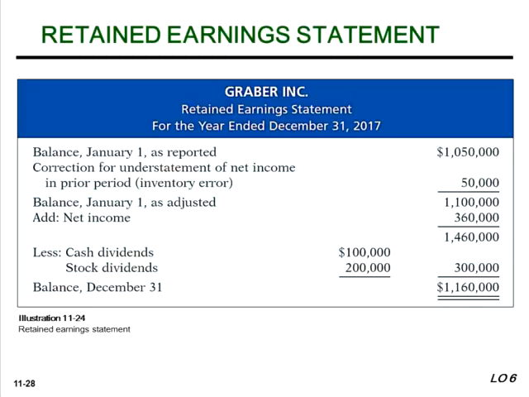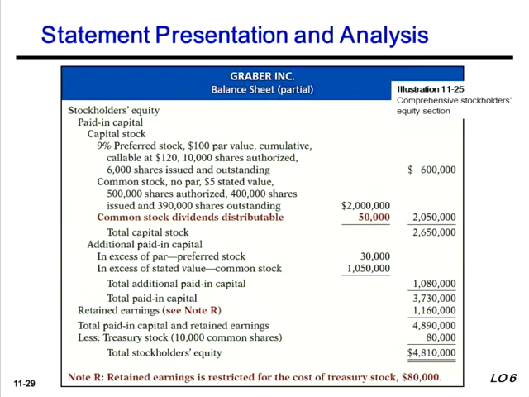And the last slide for this lecture is the presentation of the stockholders' equity section of the balance sheet. And here we have it. All right. First of all, when you have preferred and common stock, the preferred stock is always listed first. And there are certain things that must be disclosed. It says 9% preferred stock, $100 par value, cumulative, callable at $120 per share, 10,000 shares authorized, 6,000 shares issued